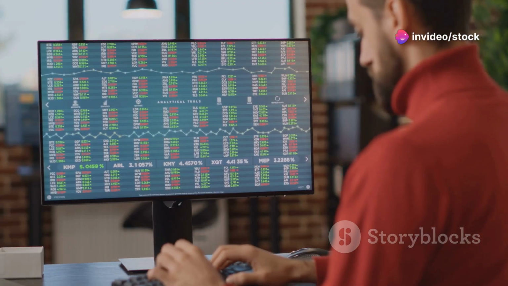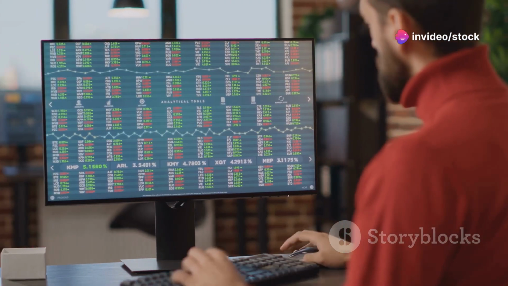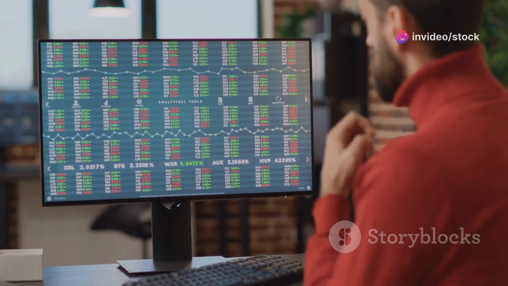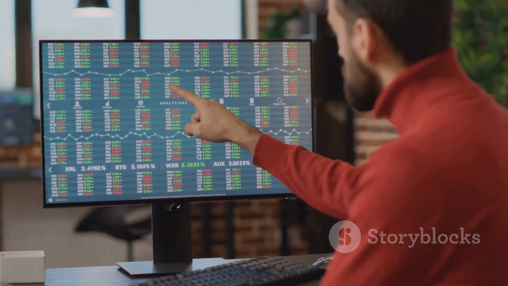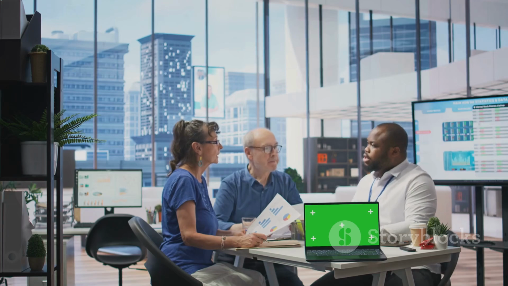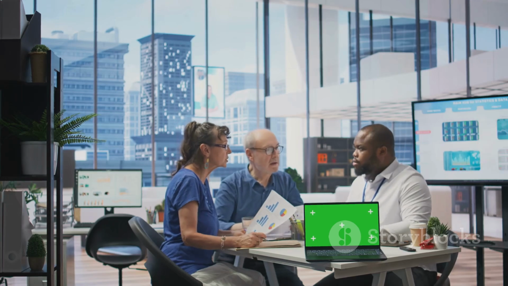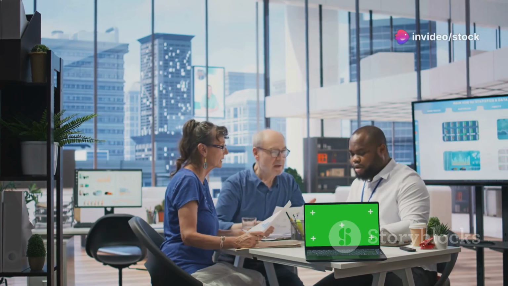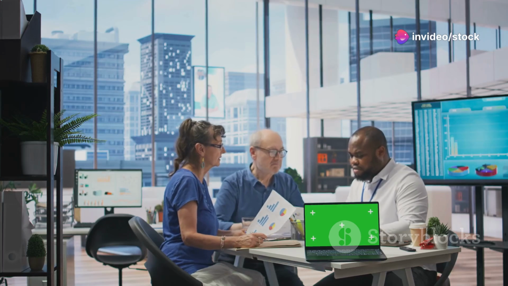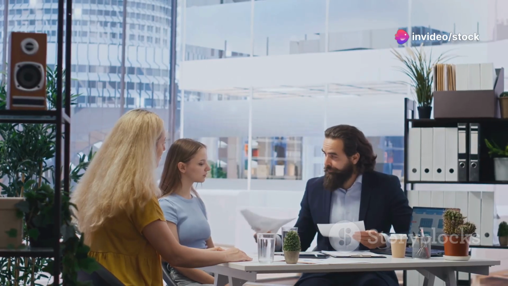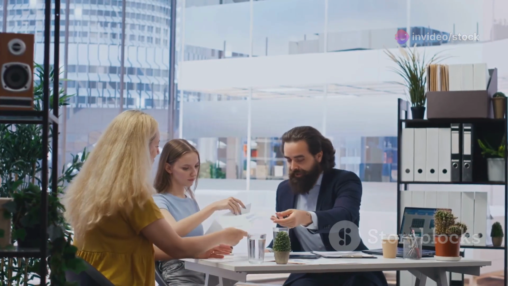This suggests that you subtract your age from 100, and that number represents the percentage of your portfolio that should be allocated to stocks. For example, if you're 30 years old, you would allocate 70% to stocks and the remaining 30% to bonds and other asset classes. Of course, this is just a starting point, and your actual asset allocation will depend on your risk tolerance, time